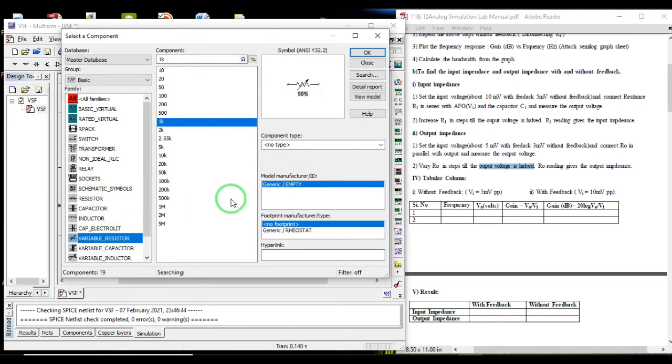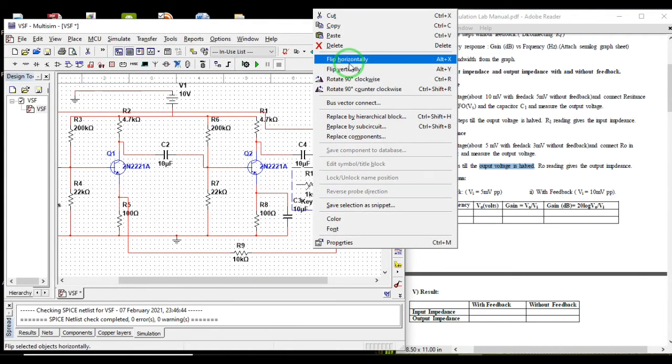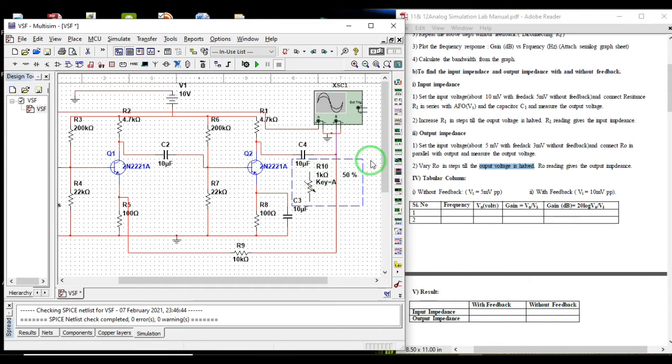I'll now put variable, because I can slide it here only. Instead of varying the value, I'll use the variable resistance itself. So I'll right click and rotate it. So you can see here I have a slider here.